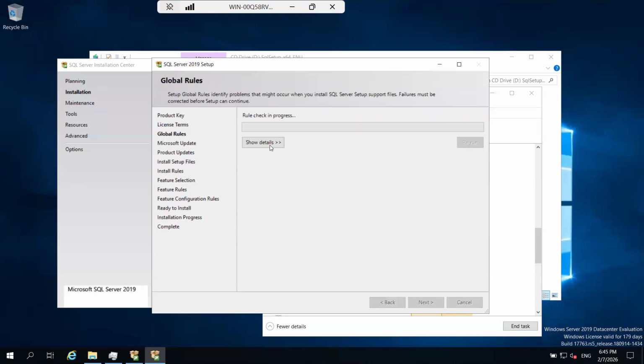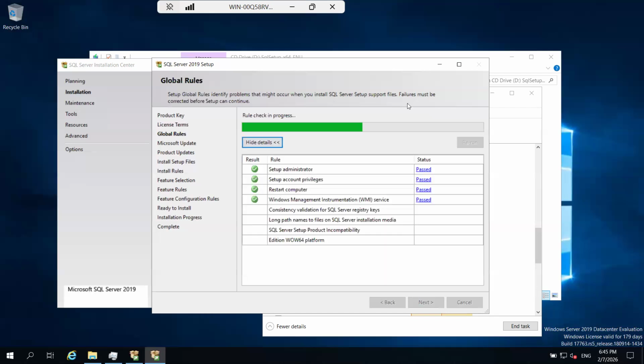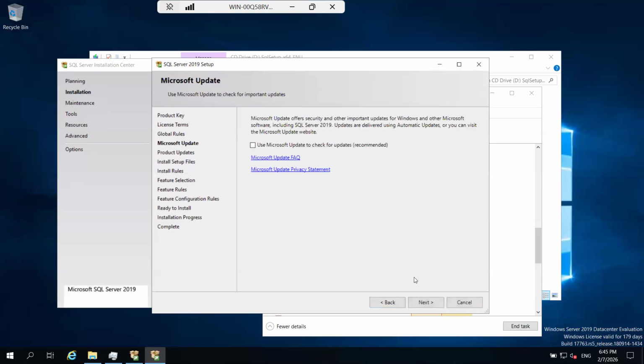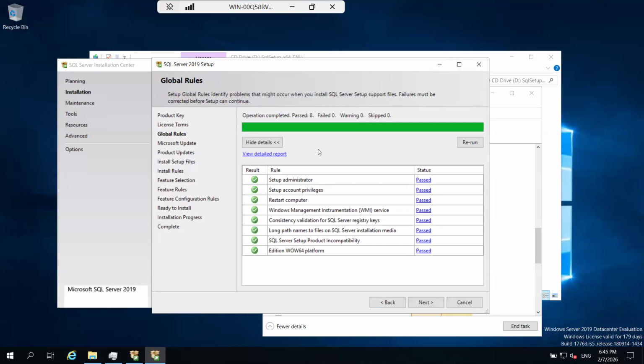Now, before installing the SQL Server, it will do some checks. These are called global rules. It will just check whether this machine is suitable to install the SQL Server or not, by running these global rules. If any of these rules fails, for example imagine the restart computer check fails. Now you see 8 checks are there. Either all 8 should be passed, or warning is also fine, or skipped is also fine. Out of 8, if even one check has failed,